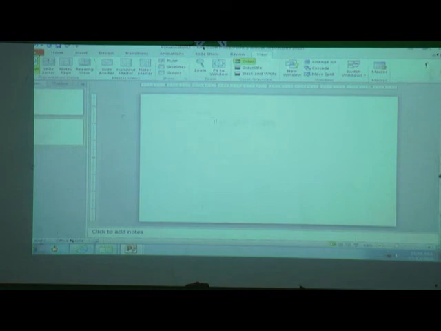You can see here 2 out of 2, Office theme. It is called as which bar? Status bar. 2 out of 2 means what? Where are we now? We are now on the second slide. That's why it is displayed 2 out of 2. If I am now on the first slide, then what does it display? 1 out of 2.